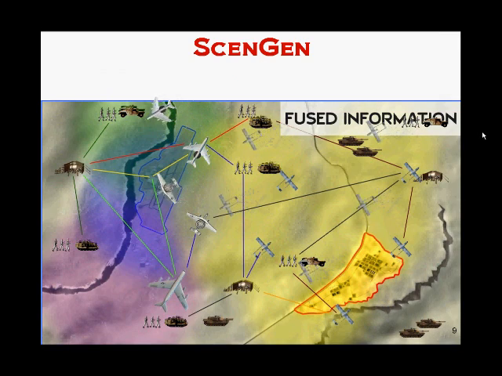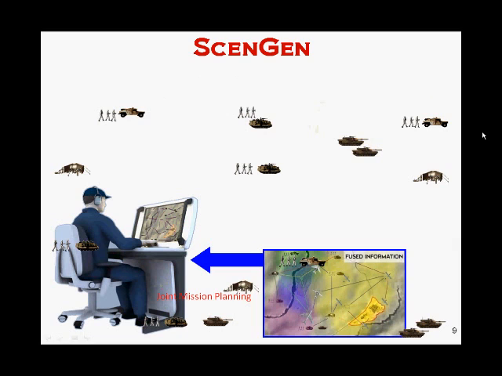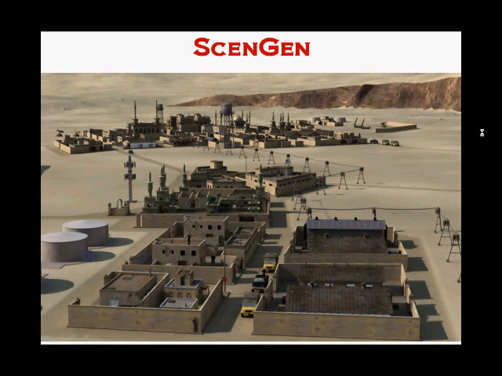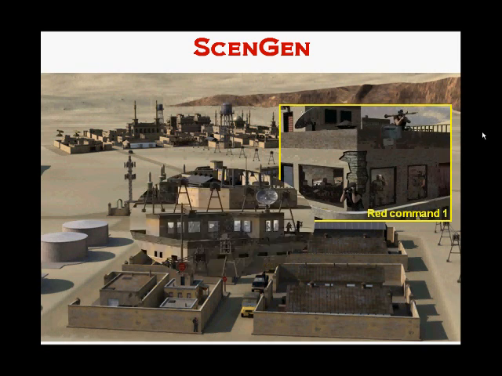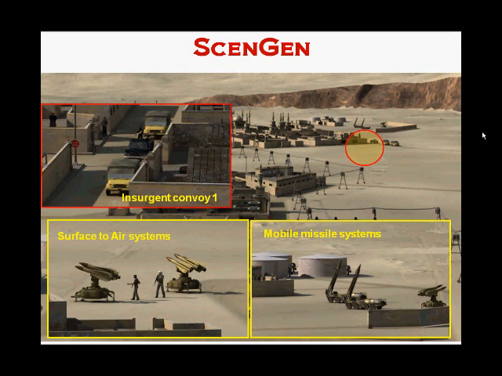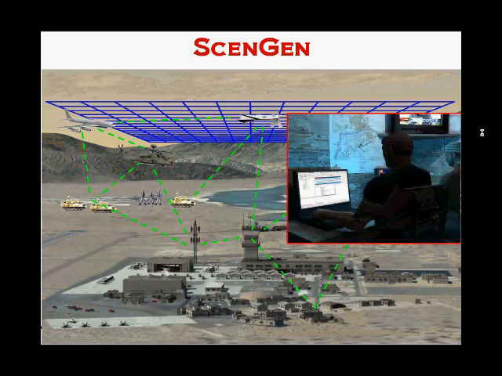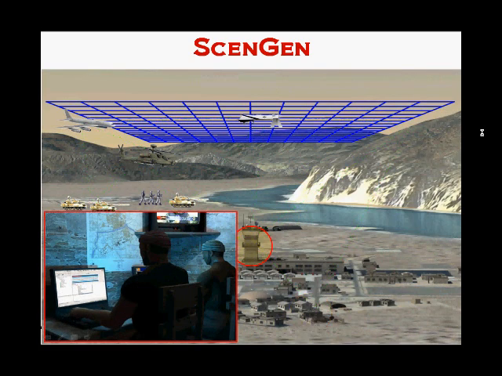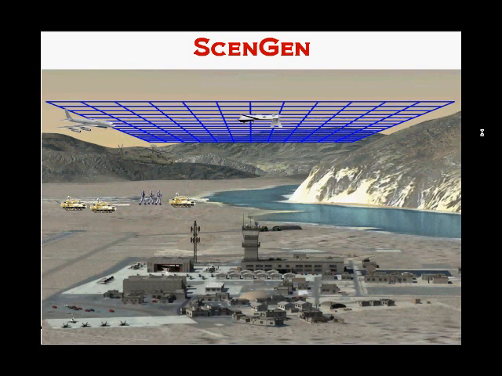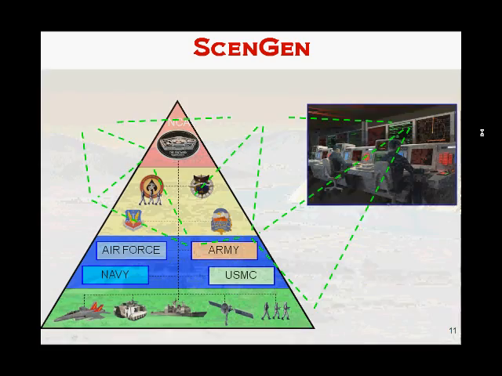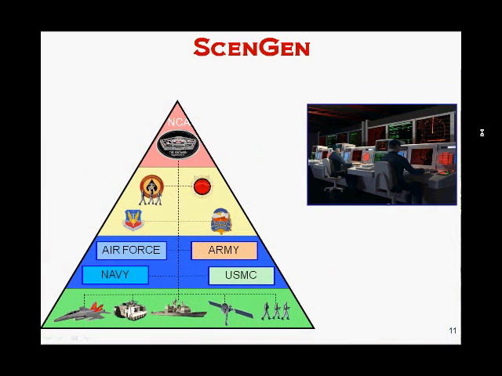Because ScenGen generates everything that can happen, it can be a great aid in mission planning, cybersecurity, denial of service or penetration testing, systems of systems, or network of network testing. Typically, denial of service attacks occur when hackers find holes in software or the underlying operating system. They exploit these holes by accessing and corrupting data and systems. ScenGen can be used to proactively close these holes in advance.